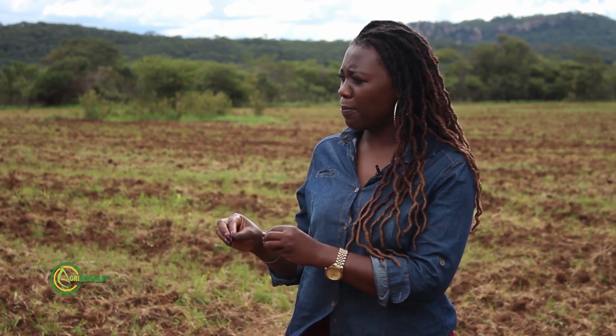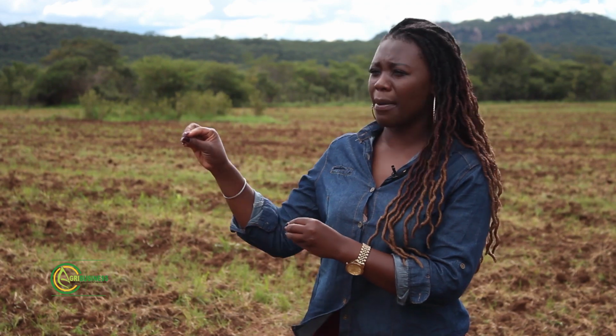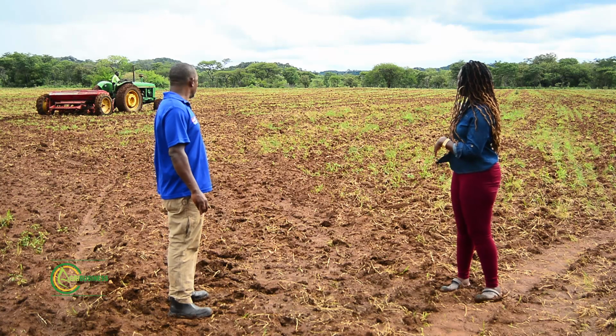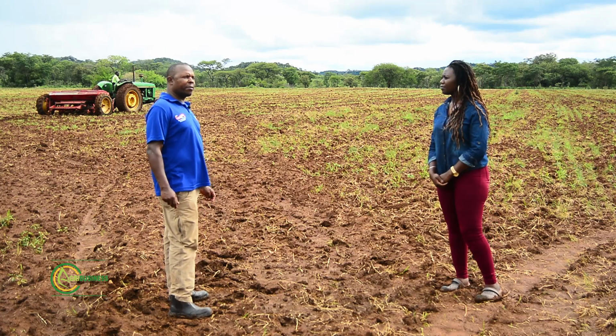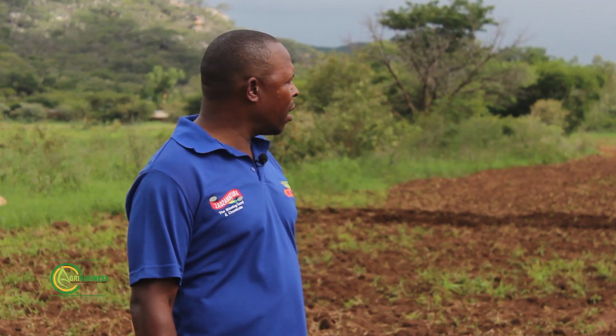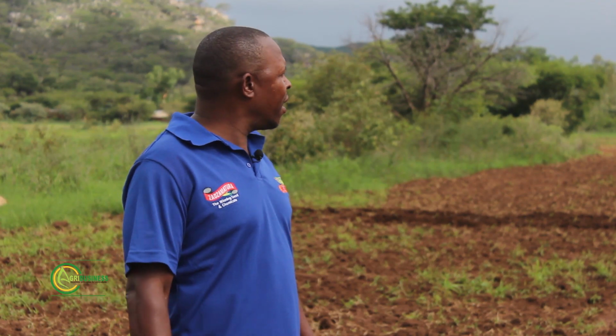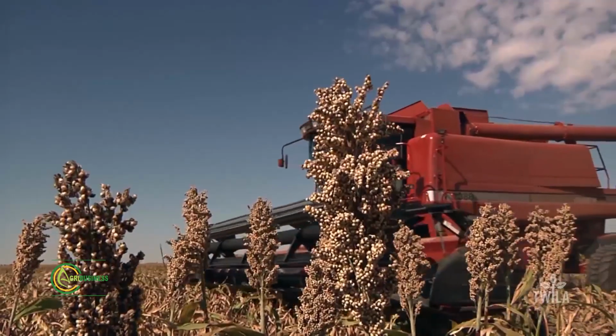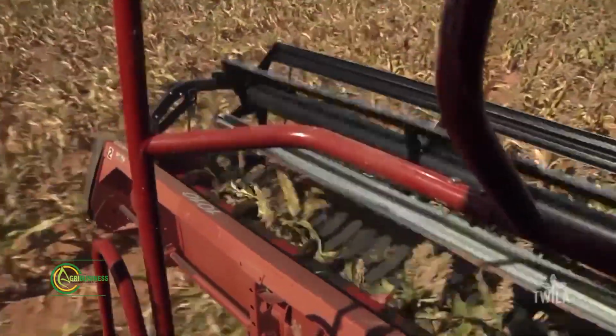What are you going to be applying to ensure that when the sorghum emerges, it won't compete for food, sunlight, etc. with the weeds that we are already seeing now? It's a very important question, Wadza. There are a number of herbicides that we can use for sorghum, but suffice to say at this moment,